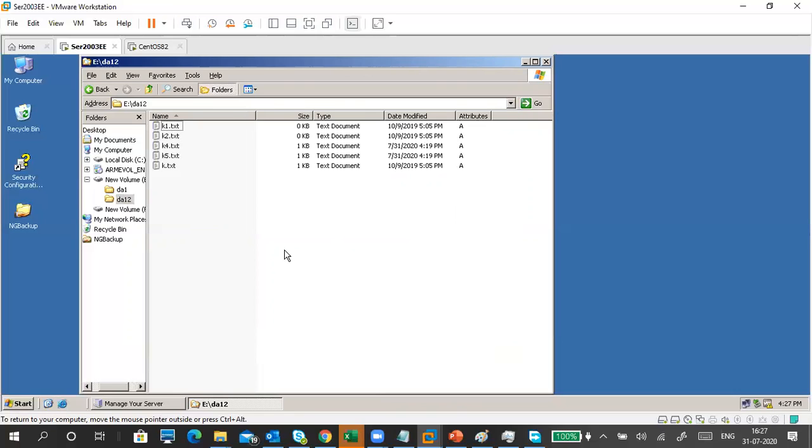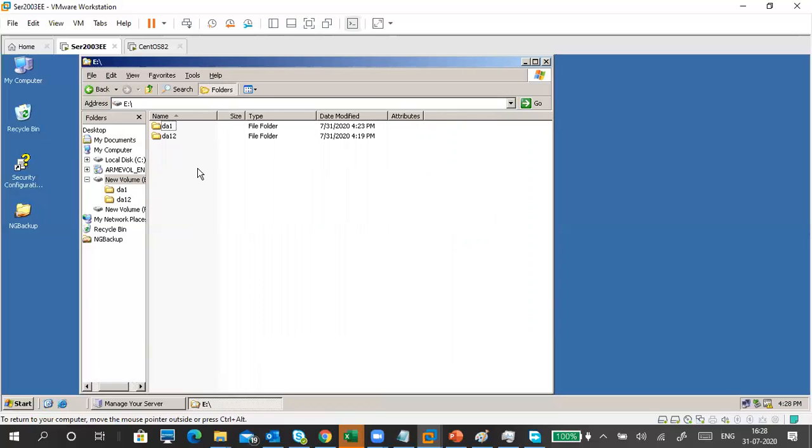So scheduling the backup means you don't need to wait for a particular time to take the backup. Just give the time, like every day evening 9:30 or 10 o'clock, take the backup. So automatically the backup wizard will run. Automatically it will take the backup. If your system is very busy or data is being accessed currently, then you can schedule the backup for a time period with very little access to the data. Like that we can do it.